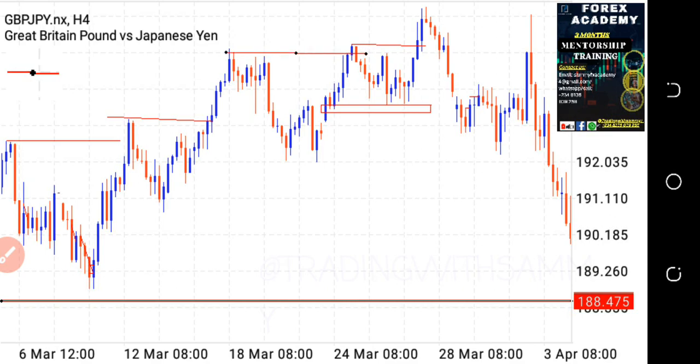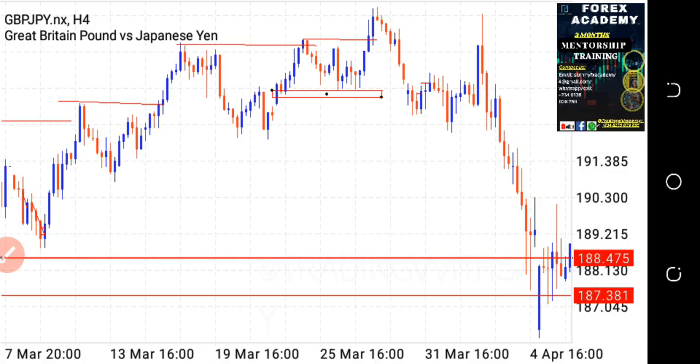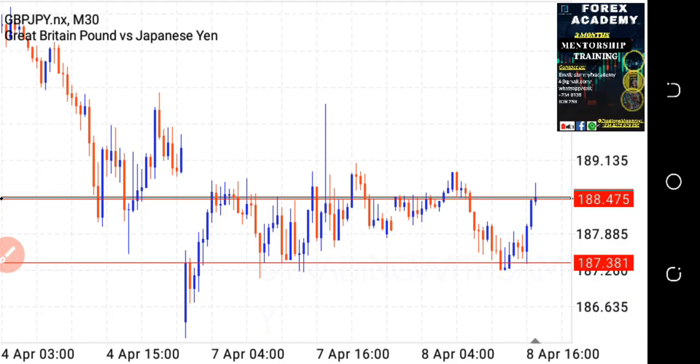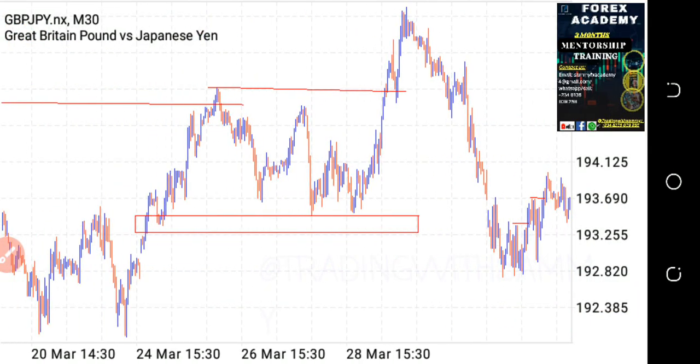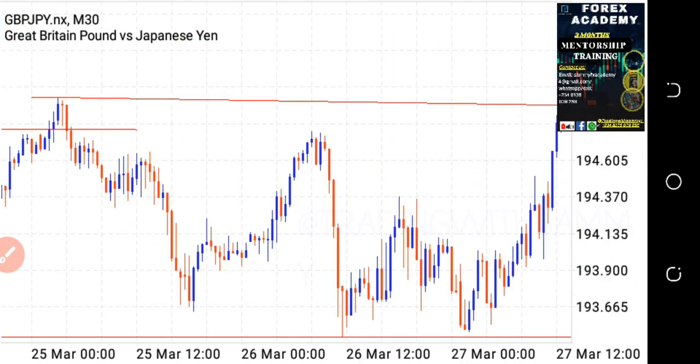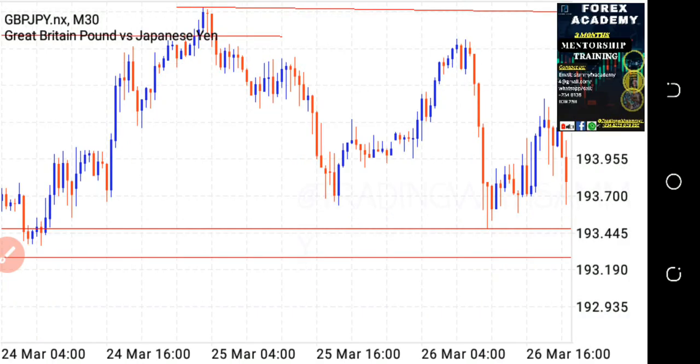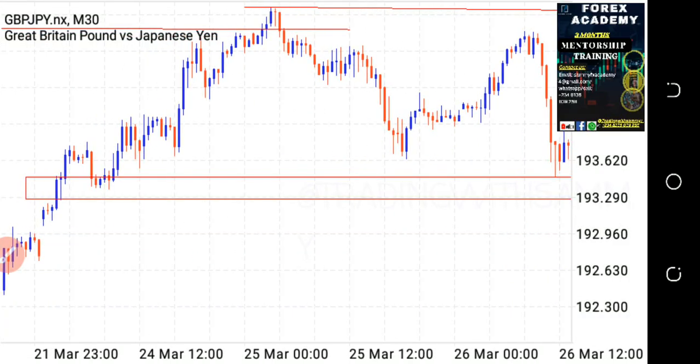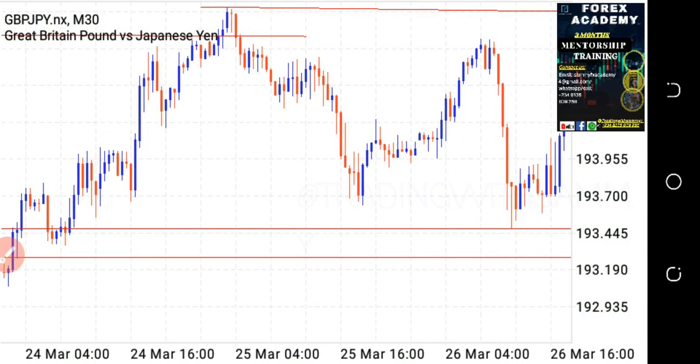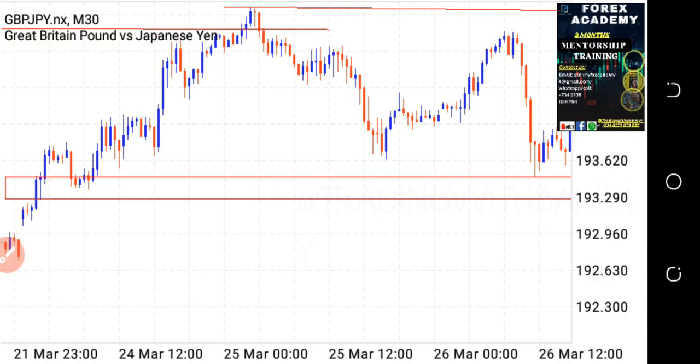So we're looking at entering the market for buys because the market has been trading up, and we spotted this order block, and we were actually in the 5 minutes. So we went down to the 30 minutes to check what the market did. Price actually came here, and I told you that success actually has a way of creating clues that make us know that the market wants to go up.